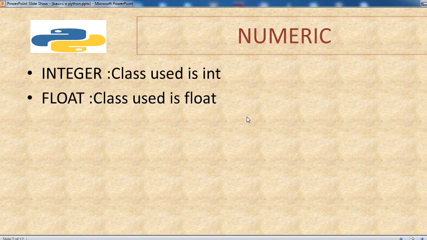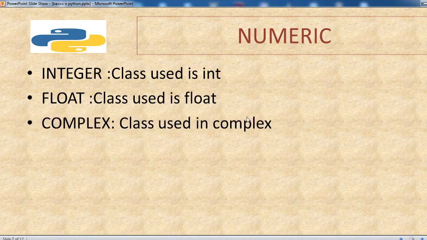If I want to enter only float values, then the class I will be using is float. Next, if I want to enter only complex values, which are used for mathematical computations, I will be using the class complex. So let us see an example of this.